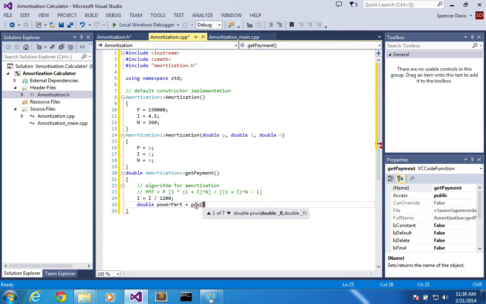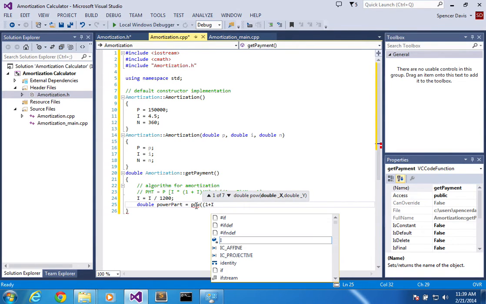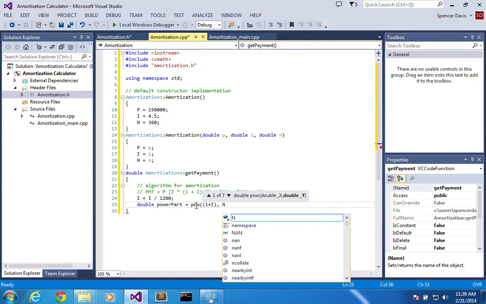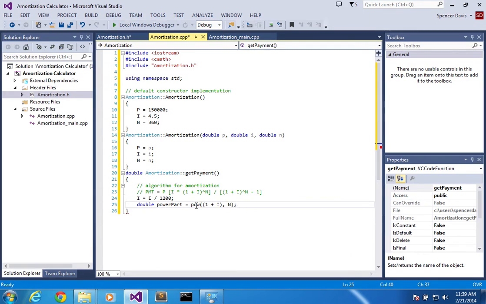I want it like that, and then I want 1 plus I, and then I'm raising it to the n power. So inside, this is the base, which is this right over here, and then this is the exponent, which is this right over here. So essentially, if we look at this thing right over here,